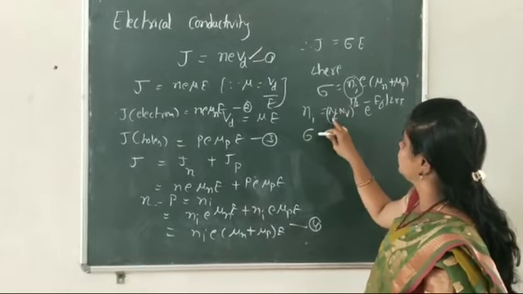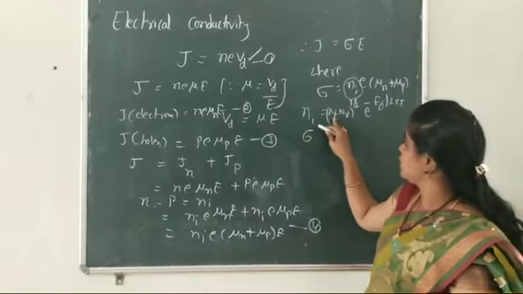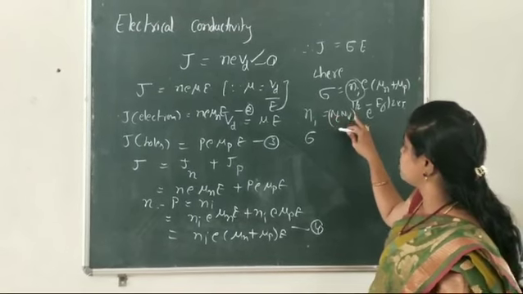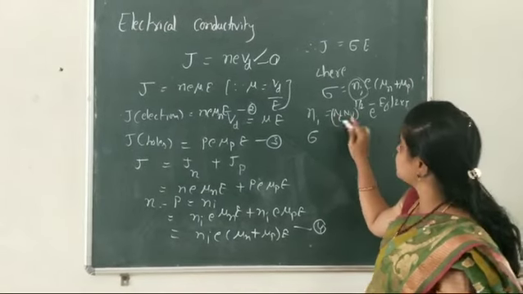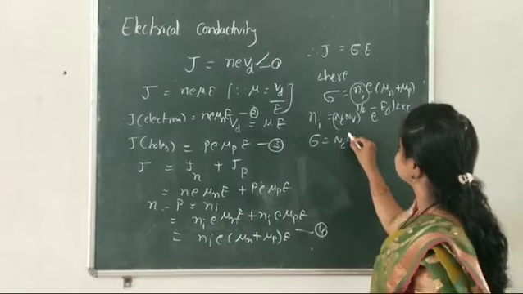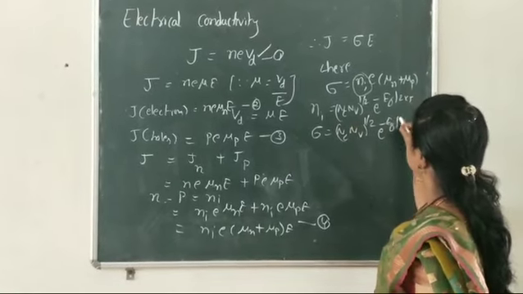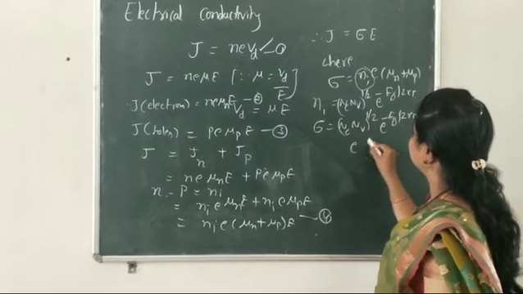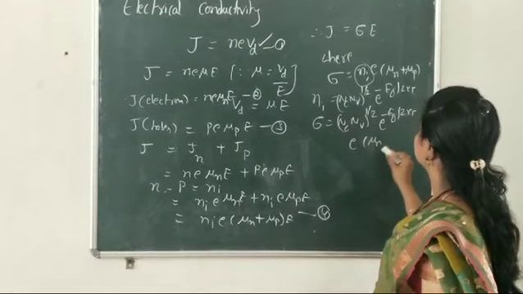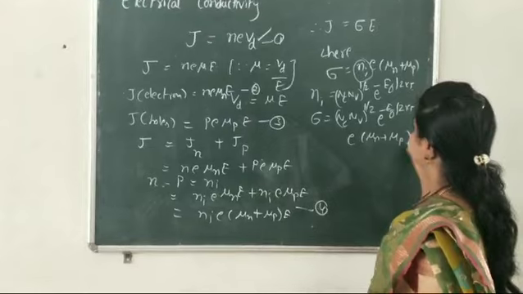Then you can substitute Nc, the number of electrons in the conduction band, and Nv, the number of electrons in the valence band. So sigma equals Nc Nv whole power 1 by 2, e power minus Eg by 2kT, times e into mu n plus mu p. So this is the formula for